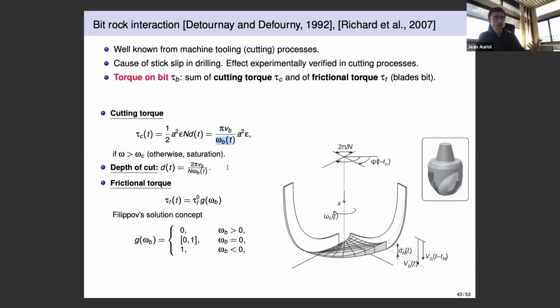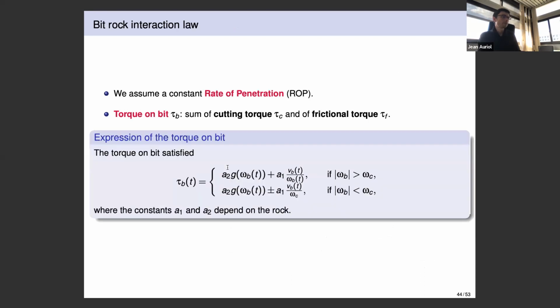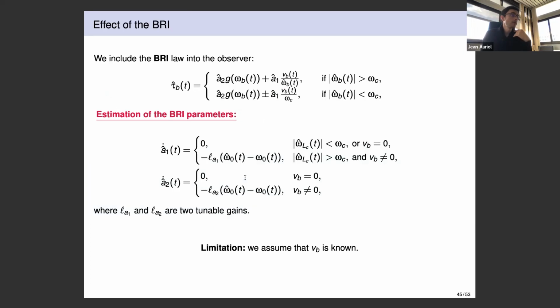So it adds something new in the observation part and in the control part. In particular, with the bit-rock interaction, the torque on bit is now not equal to 0 because you are not off bottom. You have this interaction with two parameters, A1 and A2. It's a bit similar to the inclusion we had before, because you have two different cases: whether the angular velocity at the bottom of the well is greater or smaller than a given threshold. So you have a new expression for your boundary condition,